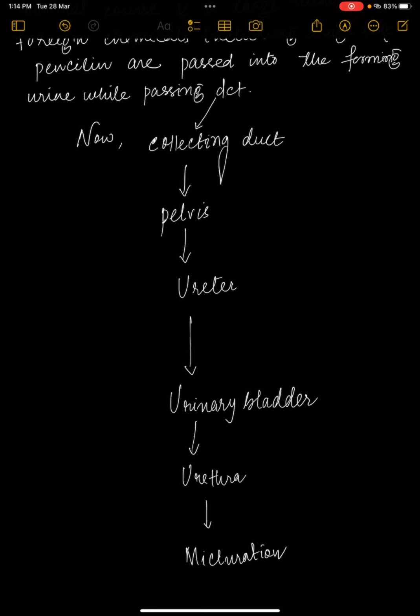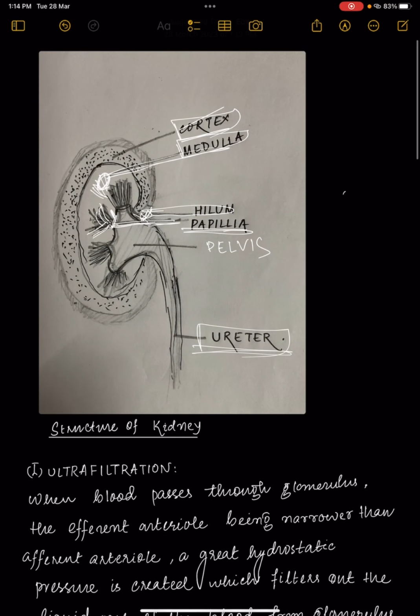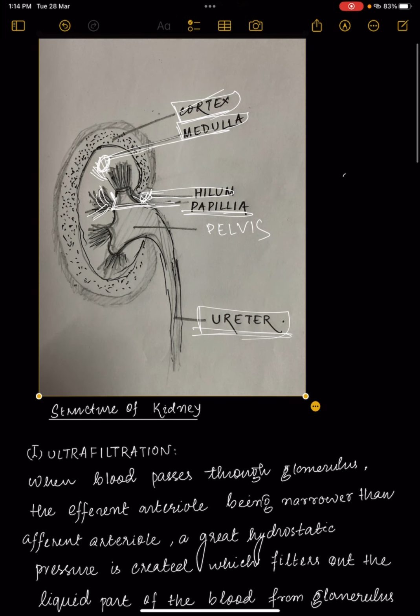This process is known as micturition. The filtrate left after the reabsorption and tubular secretion is called urine, and the main function of the kidney is formation of urine. And the diagram of the kidney is quite important with the labeling. It has been asked several times in our